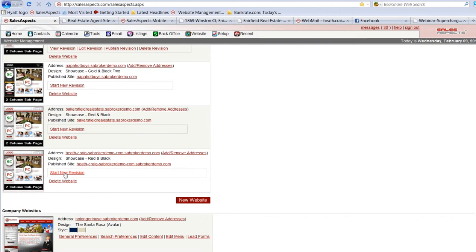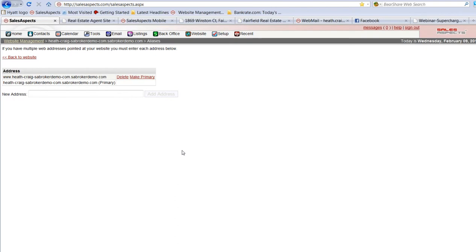Now, again, that's one of the first steps, but don't forget to make sure your domain name has been transferred and your domain name is actually live in your account. Now, if you didn't add your domain name and you need to add it and your website is already up and running, I can simply click on Add or Remove Address, and you'll see here that these are subdomains that are already created for me, and this is where I might want to type in